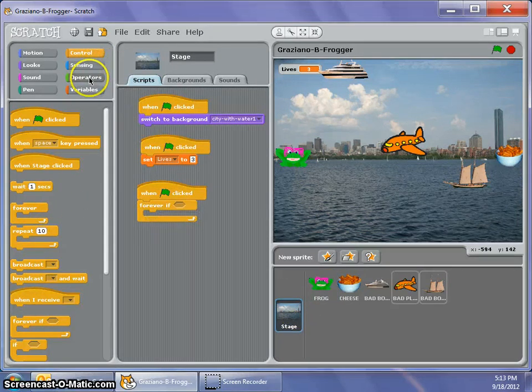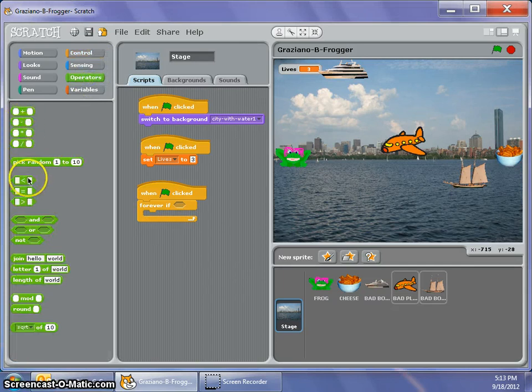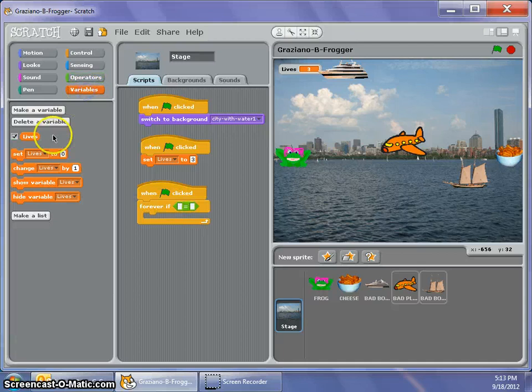Then we go to operators. Get the one that says blank equals blank, and we go to variables. We're going to bring in this lives. If lives equal